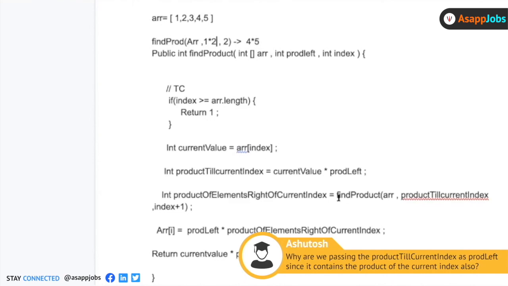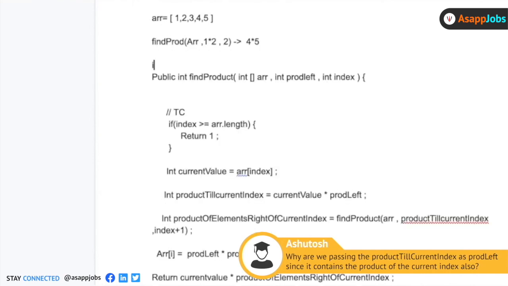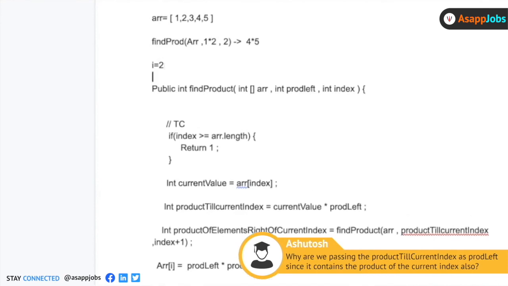So why I did it here is that for a given position, suppose i equals 2 is the position which I have passed, I am interested in this: array[2] should be equal to the product of all elements from 0 to 1 into the product of all elements from 3 to n, right?